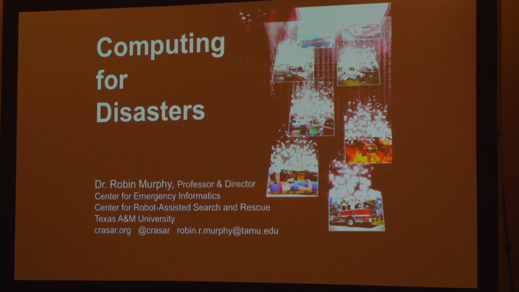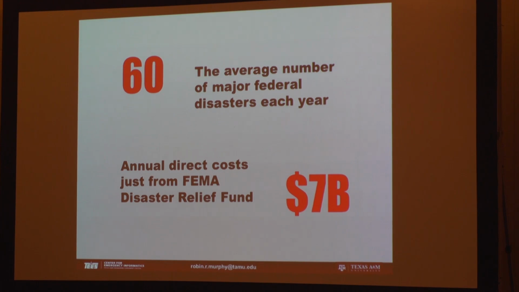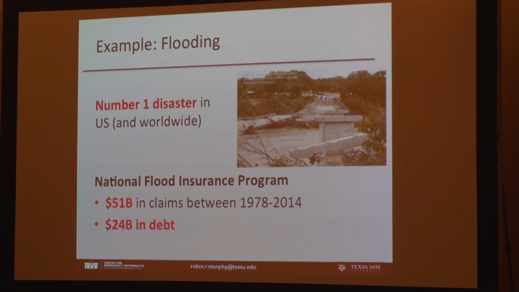But of the hundreds of opportunities for scientific investment, why disasters? Because disasters actually aren't very rare, and they are very expensive. We get about 60 major federal disasters each year, and the direct cost to FEMA of the relief fund is $7 billion. So to show how computing can make a difference, let me tell you a story about